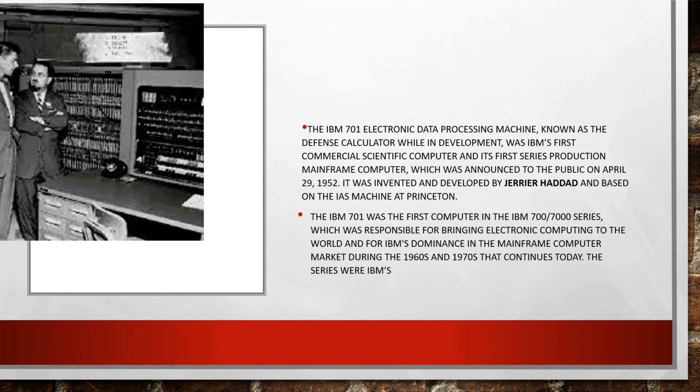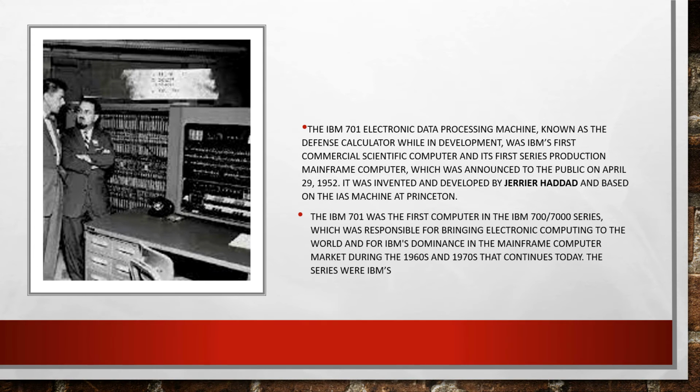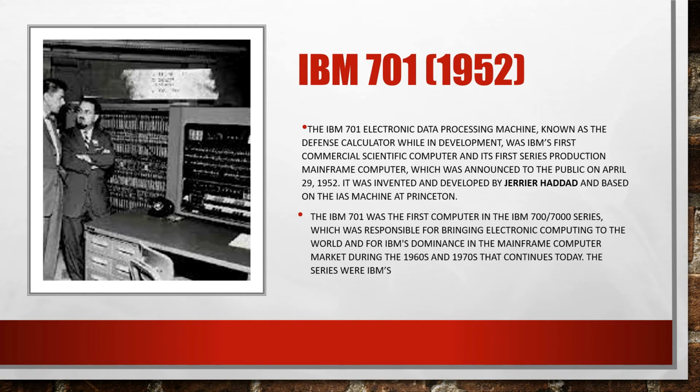Next is IBM 701, 1952. The IBM 701 Electronic Data Processing Machine, known as the Defense Calculator while in development, was IBM's first commercial scientific computer and its first series production mainframe computer, which was announced to the public on April 29, 1952. It was invented and developed by J.R. Haddad